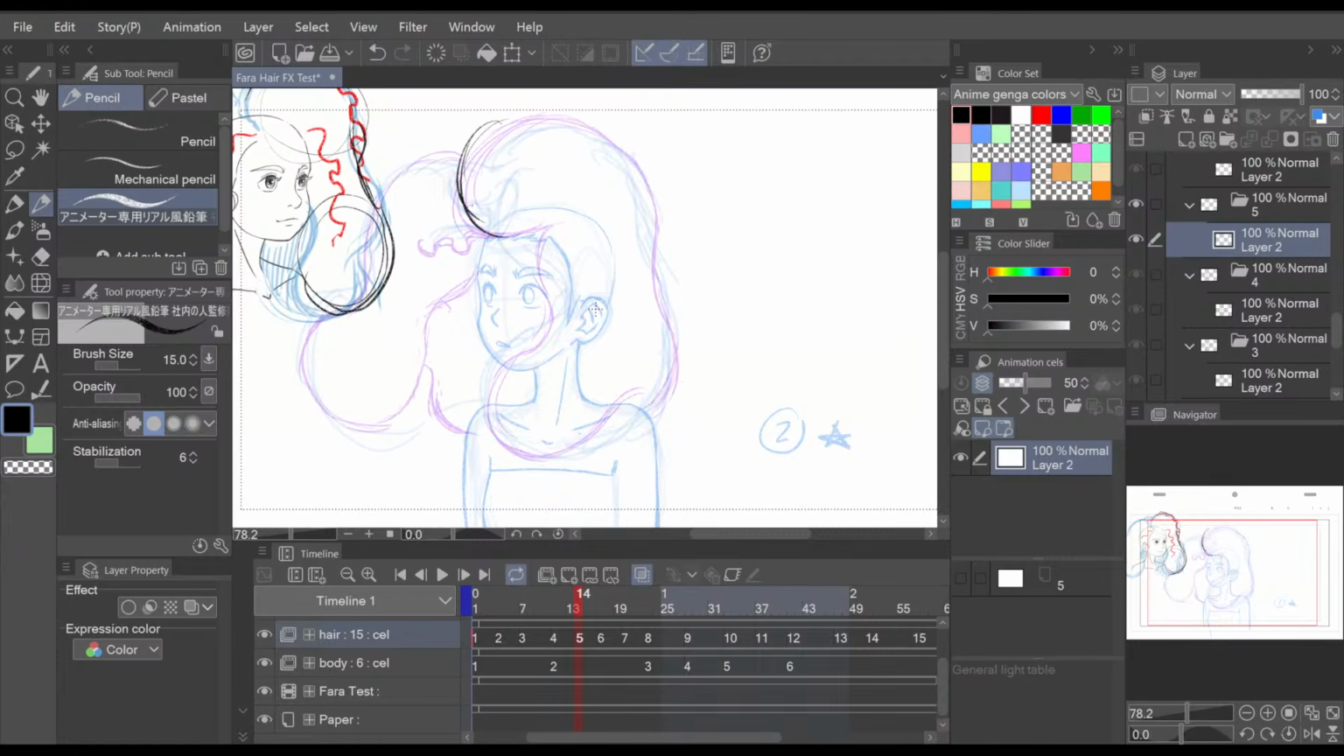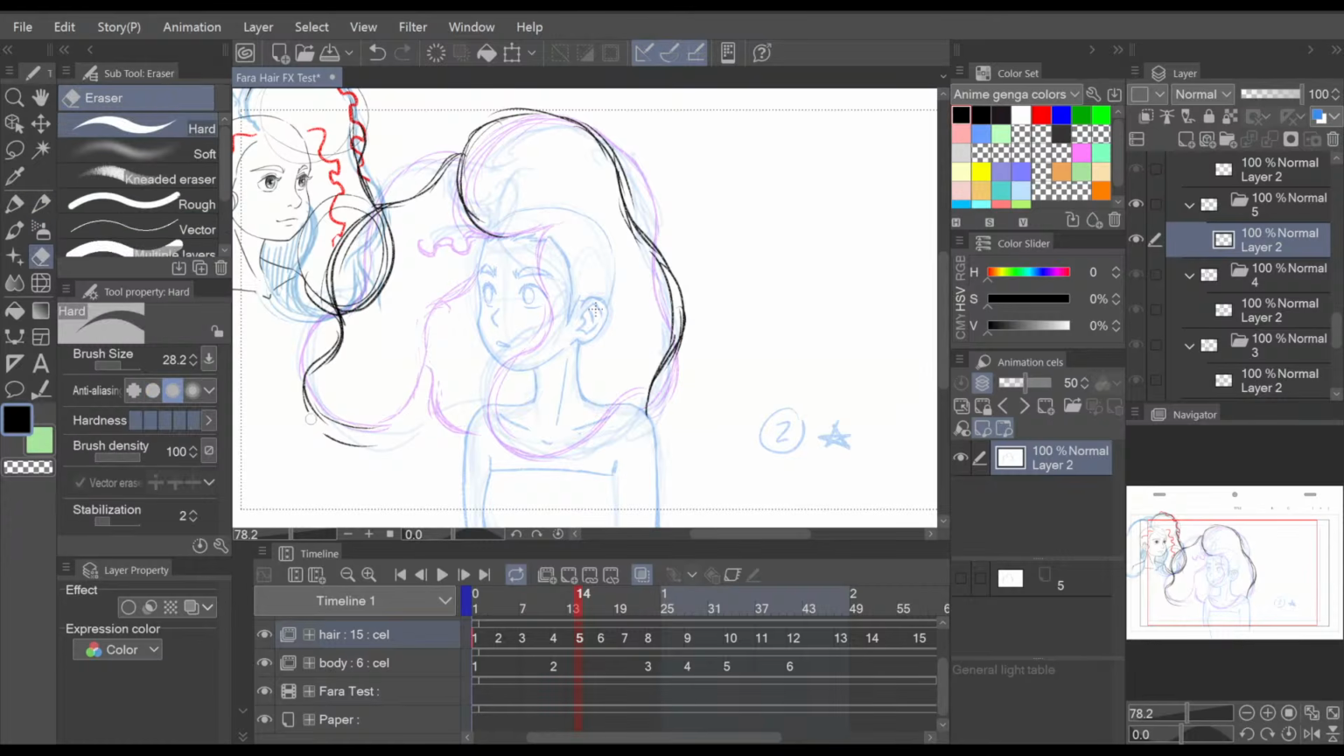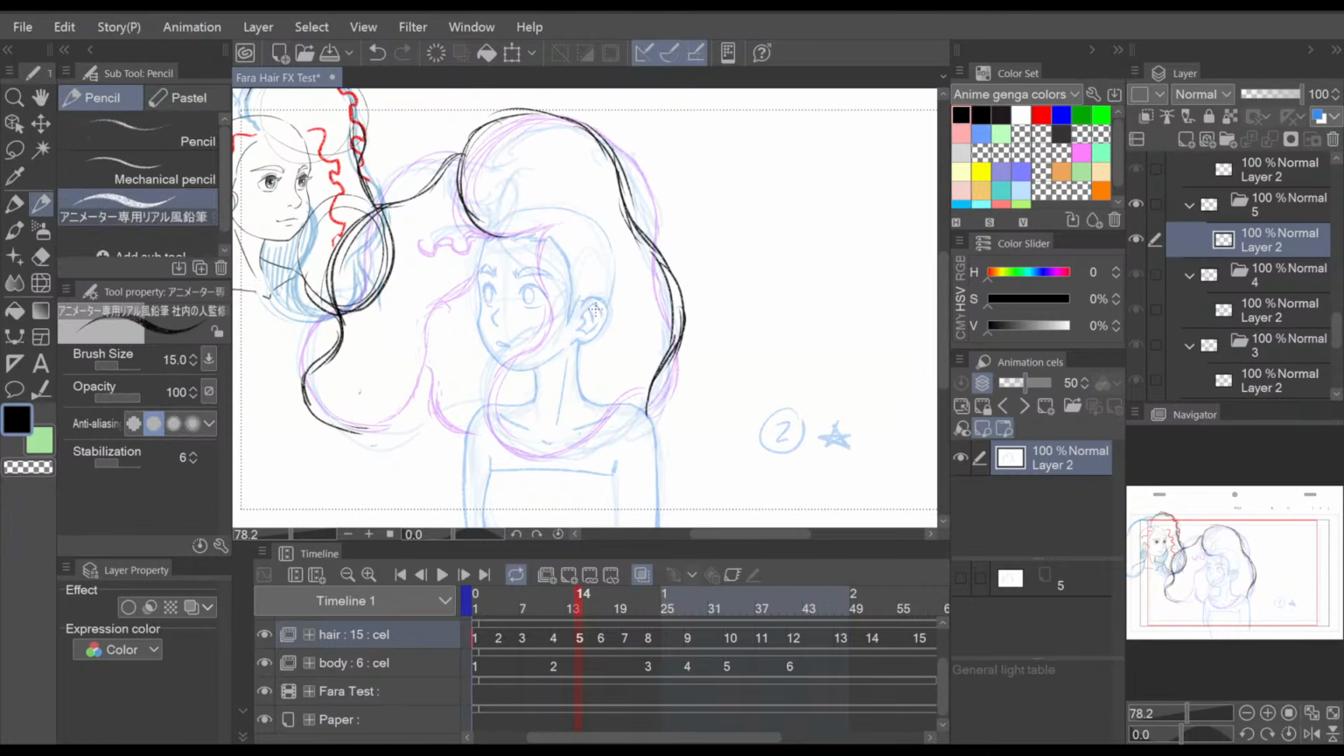Okay, so now I'm going to use the wave principle for like, for the